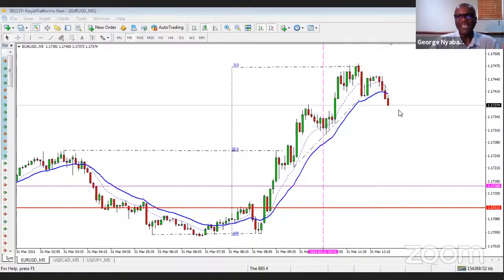Break off the trend line and close beneath the moving average. Then I want to see the trend resume, create a double top. If I have that, then I want a lower high. Then you can trade it short.